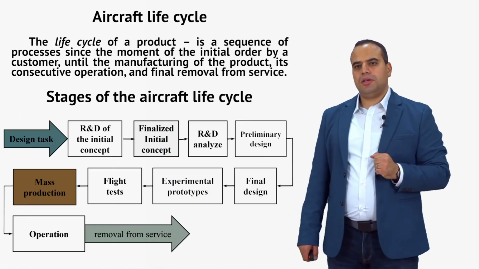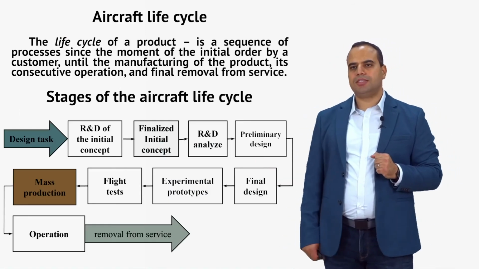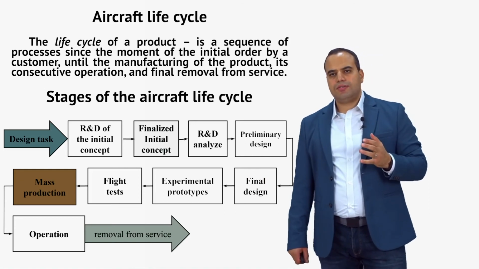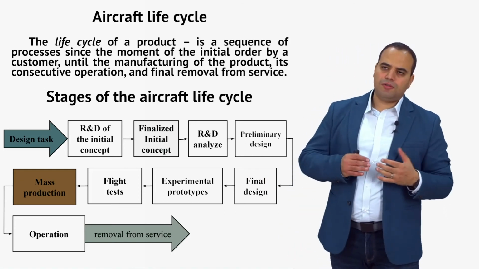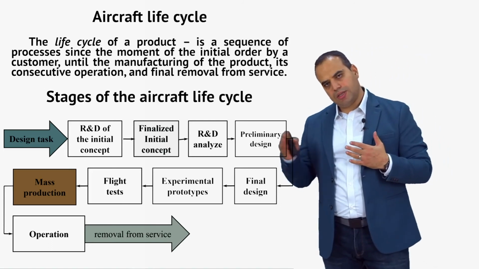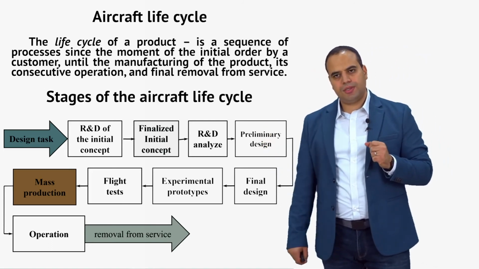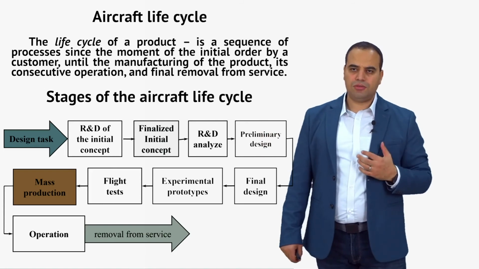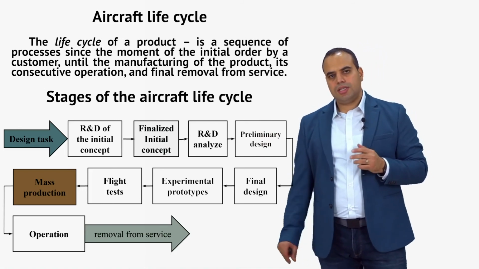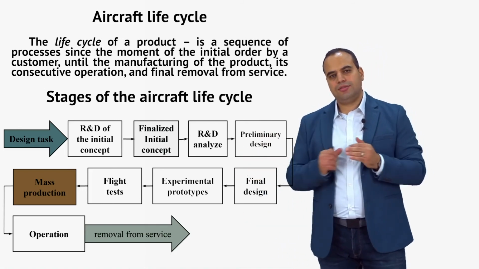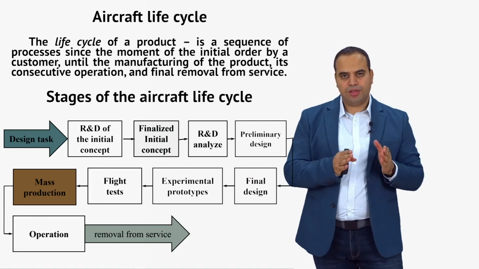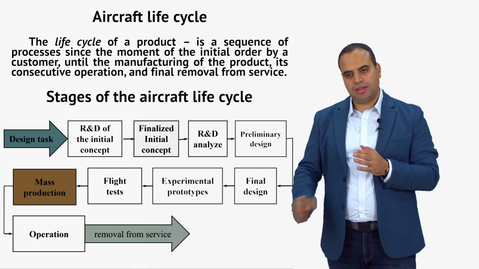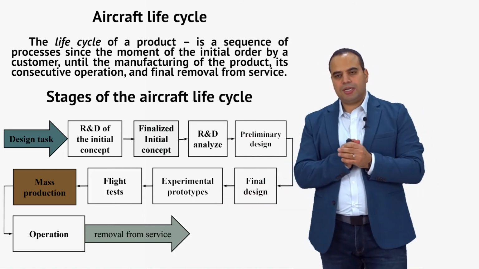Now we can see this final item for today's lecture. The aircraft life cycle of a product is a sequence of processes since the moment of initial order or the design task by a customer until the manufacturing of the product, its consecutive operation, and final removal from service. Right. So this is the entire life of the aircraft. So from before its birth, if you like, and up until its death, which is removed from service, and passing through all of these